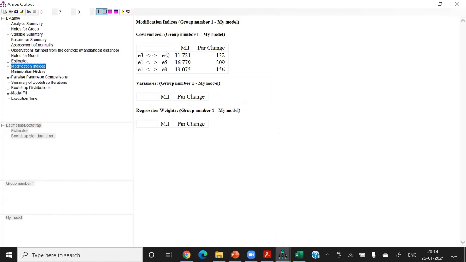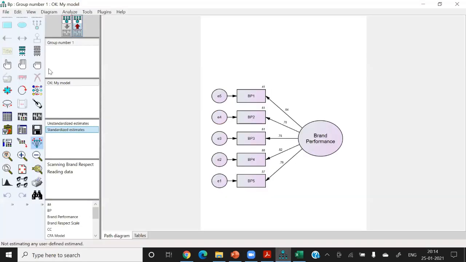And after that, I expect the modification indices to improve. So 3-4, 1-5, 1-3. Let me try these error terms. This is 3-4, and okay, let me run it again.